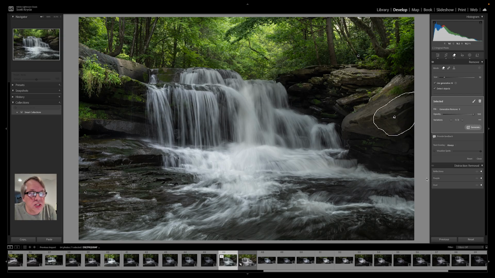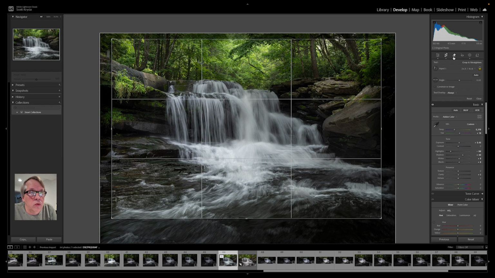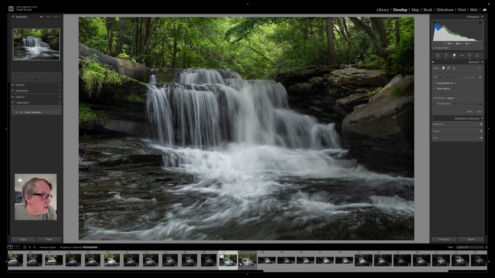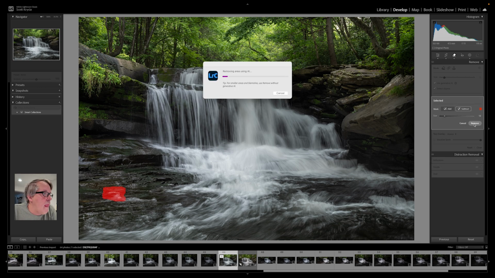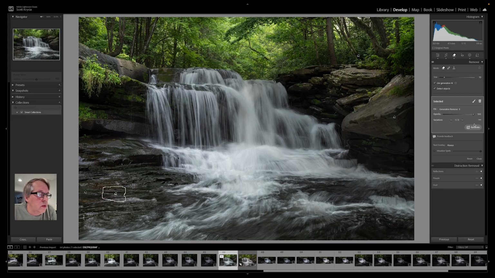This was a big distraction for me up here. I think this looks pretty good now. I mean, you really can't tell the difference. I think it's fine. Same thing here. Let's take that little rock out right there. Yeah, that's better. I think using AI or using generative fill is actually okay if you're removing little distractions